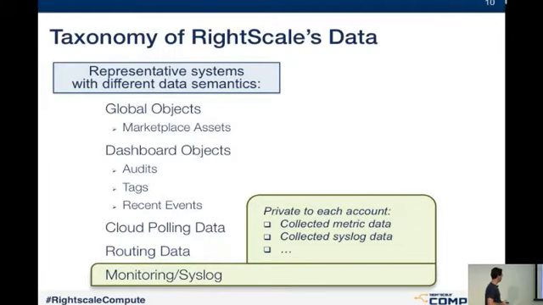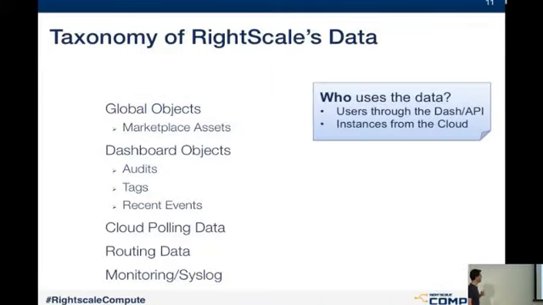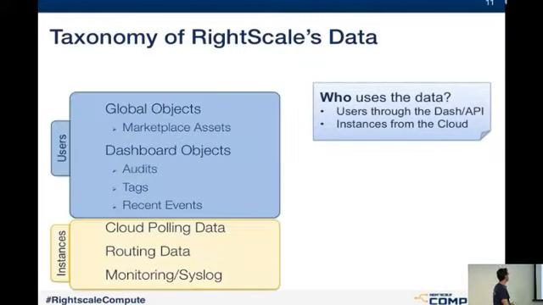And finally, the boring data of monitoring and syslog. You just basically write once type of data, like big data, but not very interesting. Now, with all these things, we can slice this taxonomy in two different ways. Number one is based on who uses the data. So if we partition these depending on who uses the data, you'll